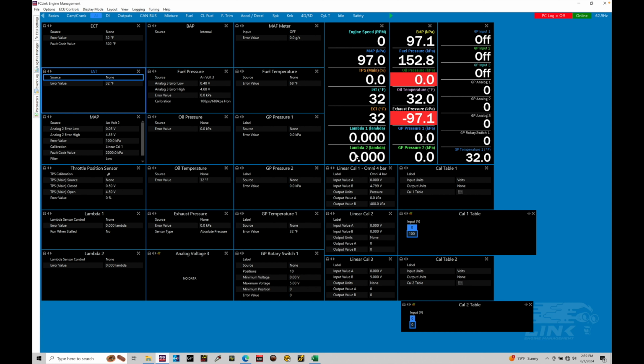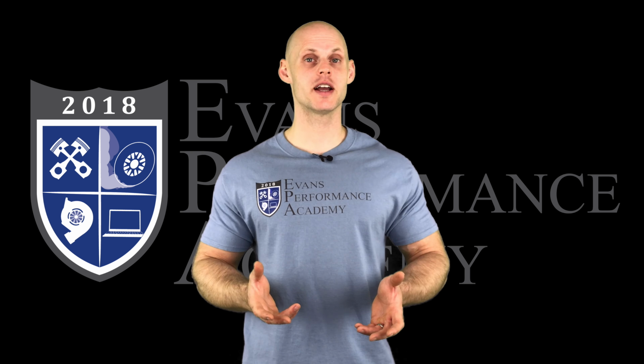Okay, now let's jump in and take a look at how to set up engine coolant temperature. Again, looking at this, it's reading a default of 32 degrees Fahrenheit simply because we haven't defined the input and defined the calibration scale for the sensor we're working with. If we jump up here to source,